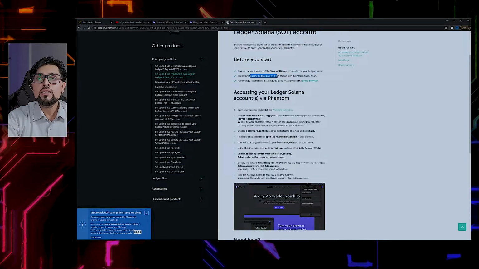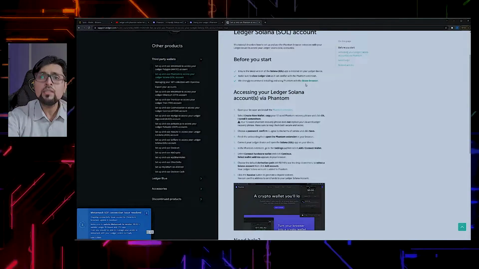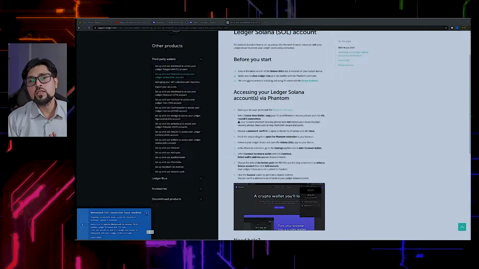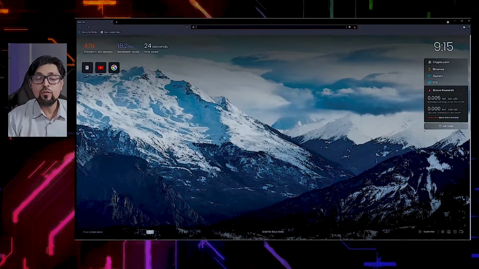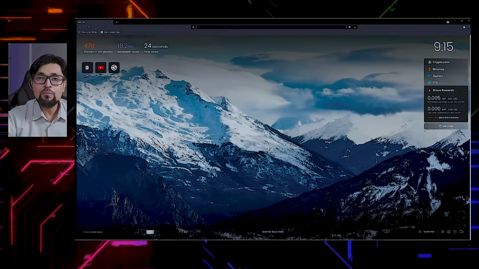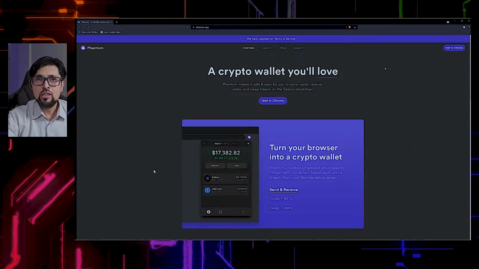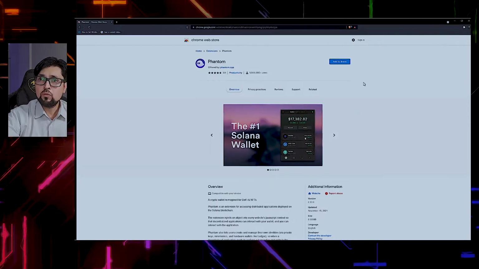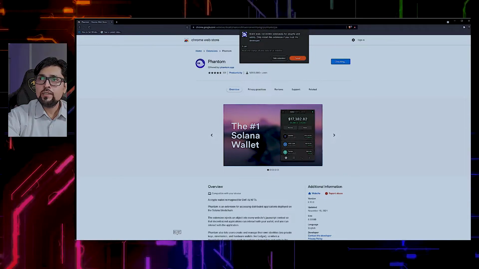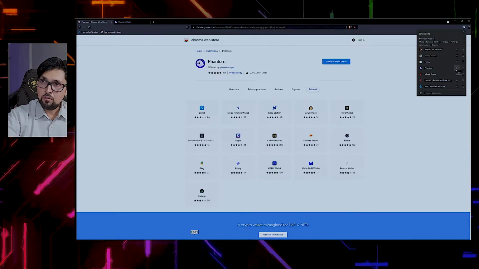So guys, let's go on the Ledger spot. They recommend you to use the Phantom Wallet on the Brave browser. Personally, I like the Brave browser. The good thing about Brave browser is that for watching any advertisements on it, you are getting paid in the form of Basic Attention Token. You can see over here it's the BAT token actually. So let's go to the wallet and you can see over here Brave is supporting it. It's a web browser extension wallet. Just install it and you can pin it so that it will appear on the top right corner.